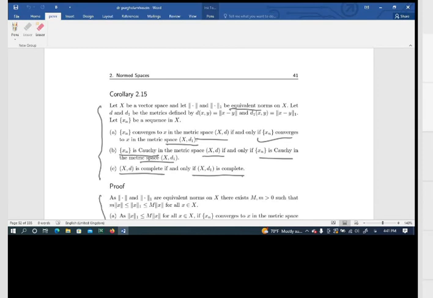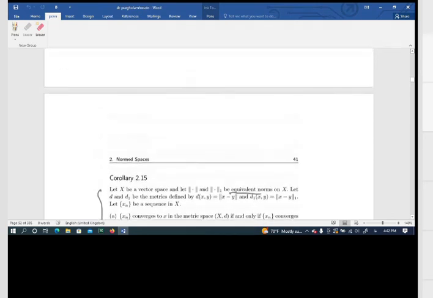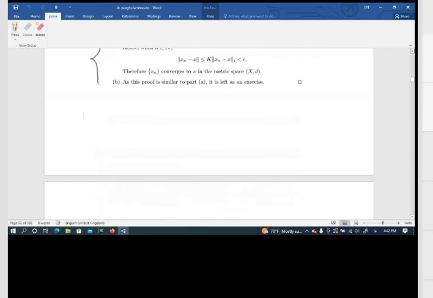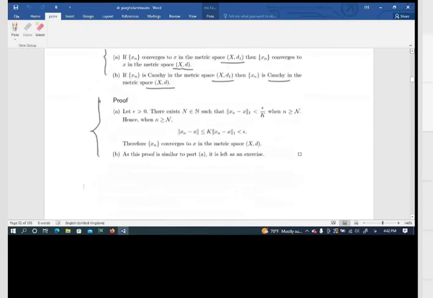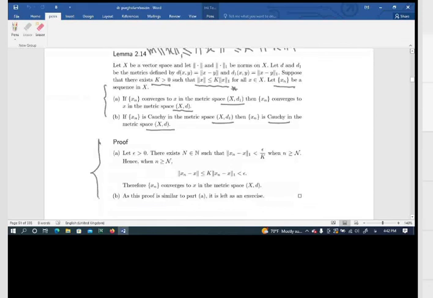So if we have just one inequality like this, I show it with a star, norm of x less than or equal to norm 1 of x, in this case we can say that if xn converges in metric d1, then it converges in metric d, not vice versa. But if they are